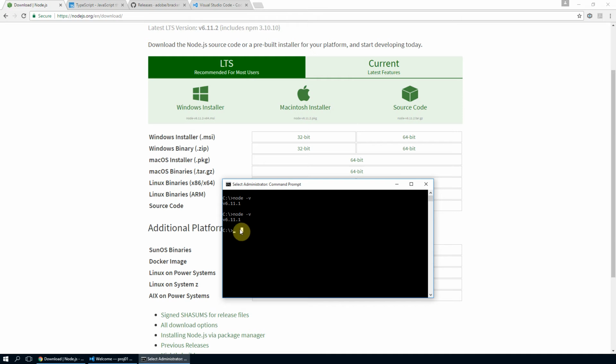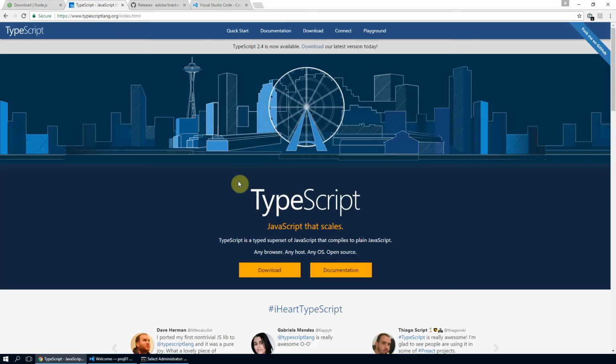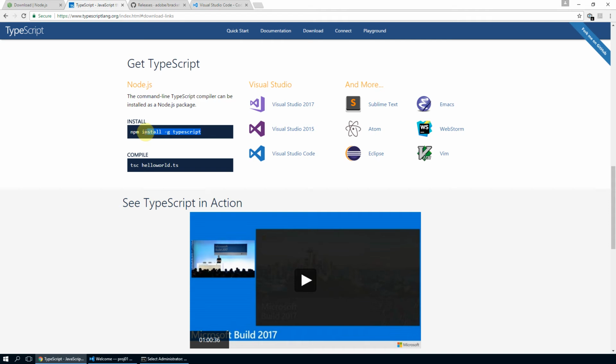Once you have done the installation of Node.js, you need to install TypeScript. Visit typescriptlang.org, which will take you to the home page, and then click downloads. And over here you can see that we have got command to install TypeScript. Besides that, you have also got installers for different IDEs.